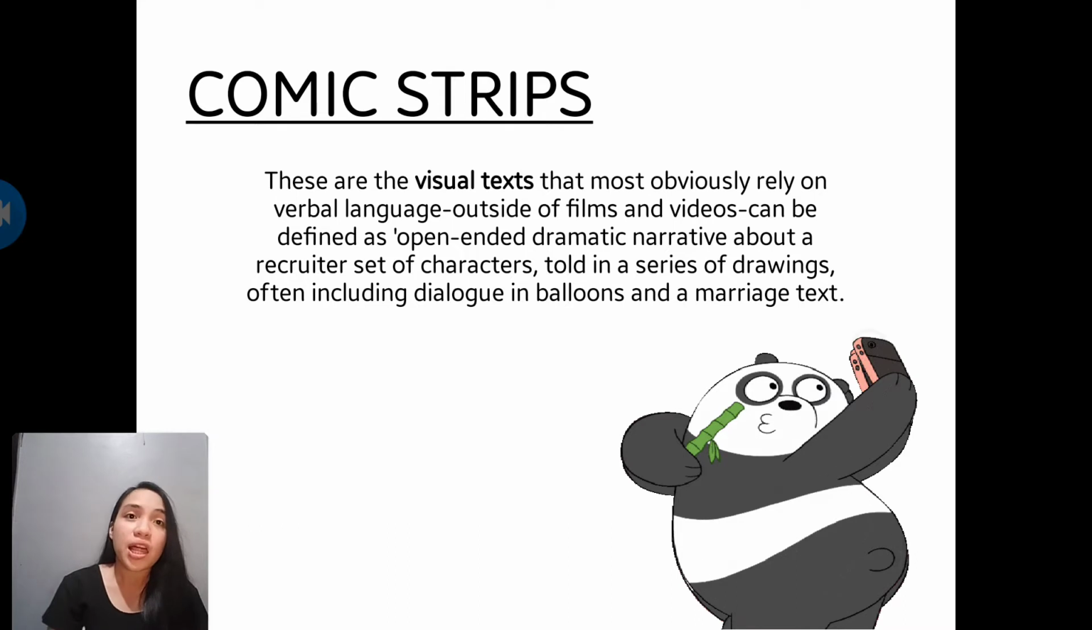Comic strips are visual text. Comic strips are considered visual text because, as we can see, in comics there are a lot of images, and the images will convey messages or text that help us to understand the flow and the story behind it. So they most obviously rely on verbal language outside of films and videos, because